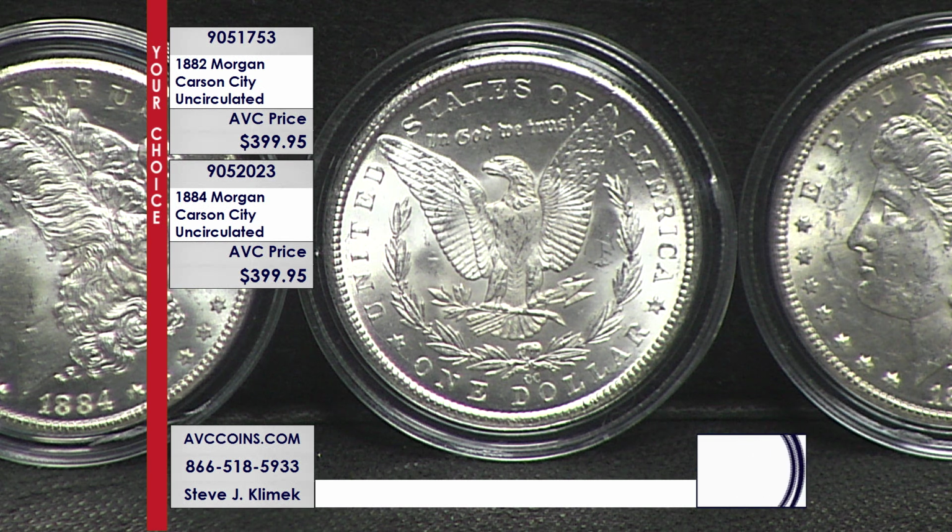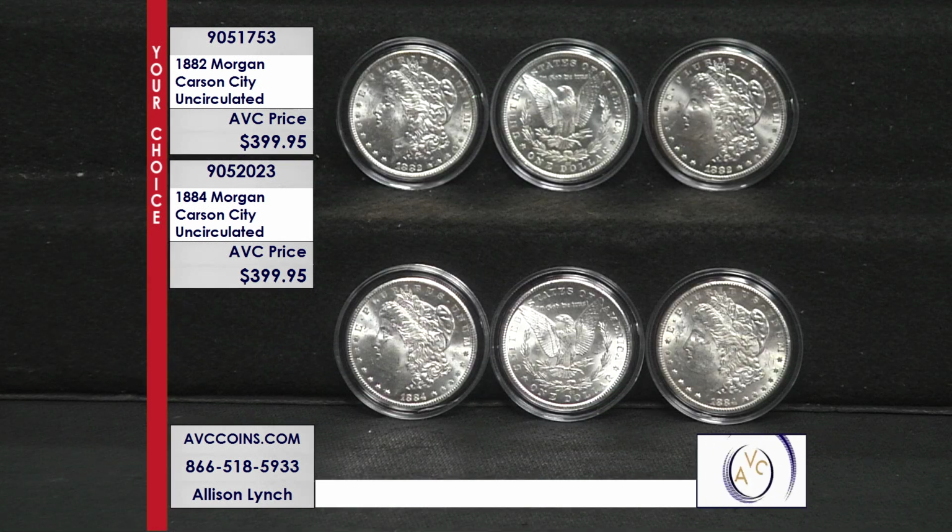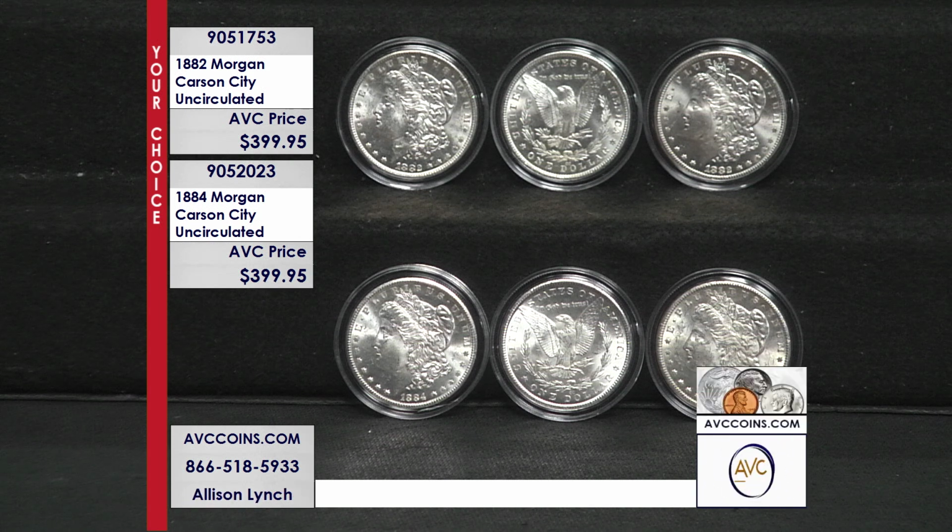Even in 1918, when it came time to melt these coins down after the Pittman Act, people were still paying attention to which coins got melted down. If you found a Carson City Mint group, you tried to keep those, whereas if you found one struck by the New Orleans Mint with its poor strike quality, you pushed those ones off to be melted down. So even with these coins being known as true collector's pieces, even back then, they are almost impossible to find